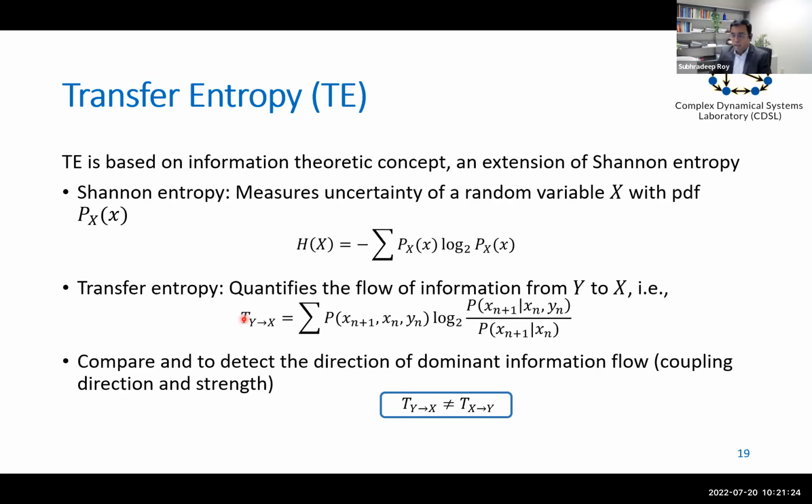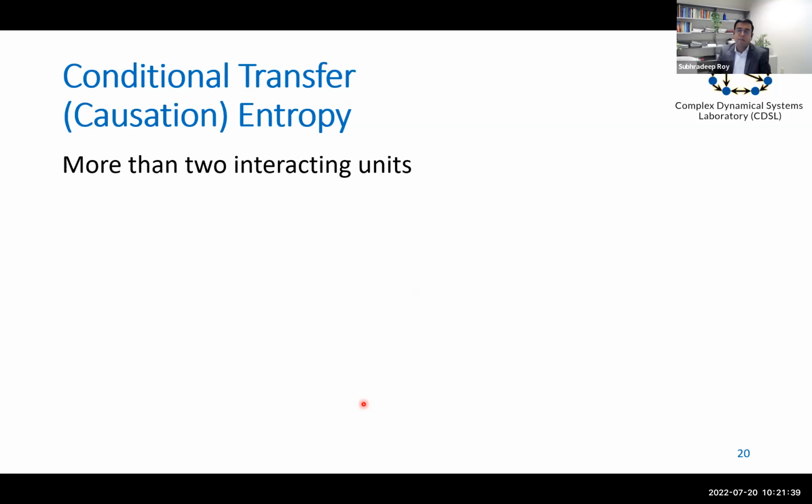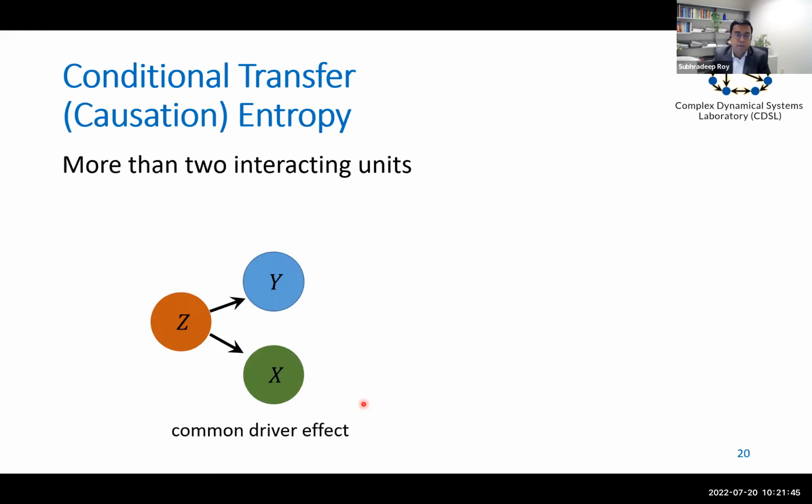So a question may arise: when we have a pair of bats, it makes sense to use a pairwise transfer entropy to identify the directional relationship. What about if we have 3 bats? Should we use this pairwise transfer entropy? Probably not, because we have to be careful when we have more than 2 interacting units. We may have situations where we would have a common driver effect. So this is called a common driver effect, where